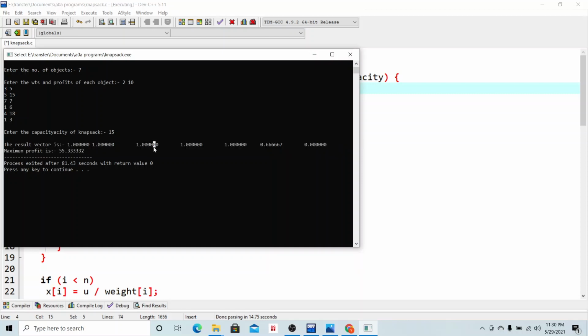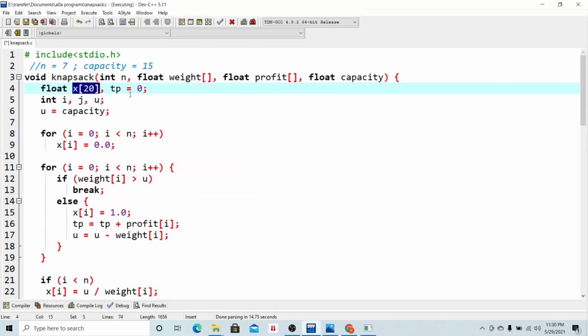This basically denotes what portion of that object we have taken. If it is one, then it denotes that we have inserted the complete object. And if here 0.66, it denotes that we have inserted 2 by 3, that is 0.66 portion of that object. So for storing this we have initialized this x array, and given here the maximum size as 20,